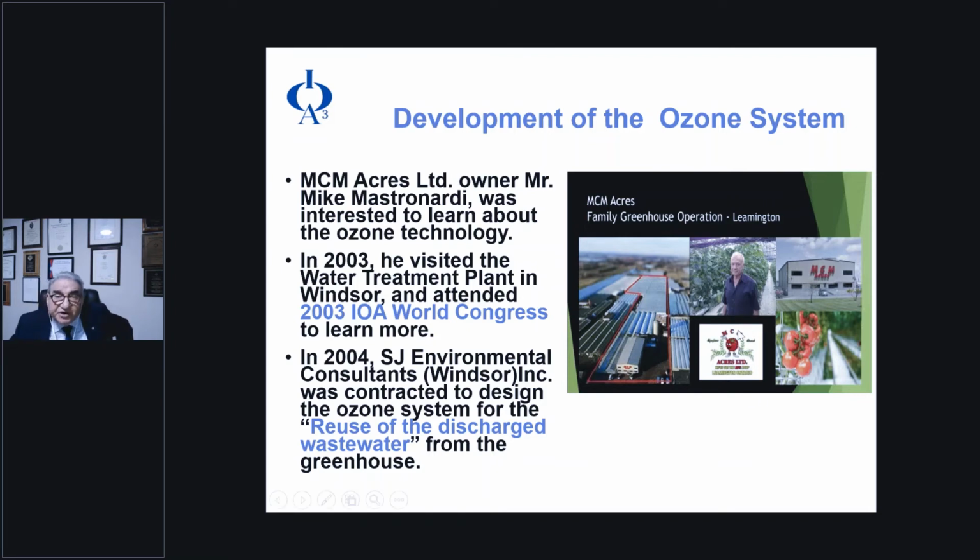And you see here in the picture, this is Mr. Mike Mastronardi, that's MCM Acres, and this shows a picture of the area involved. After the conference, and a few discussions and meetings, Mr. Mastronardi agreed to put in ozone, and he contracted SJ Environmental Consultant, which is my consulting business, to do the